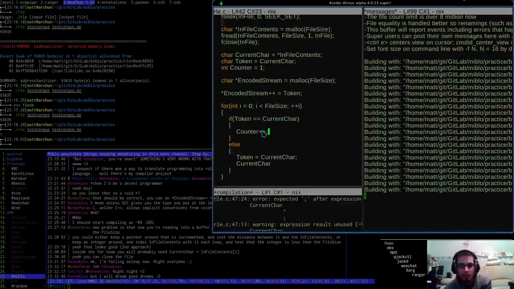Token equals current char, increment the counter. If it equals the current char, mind you.